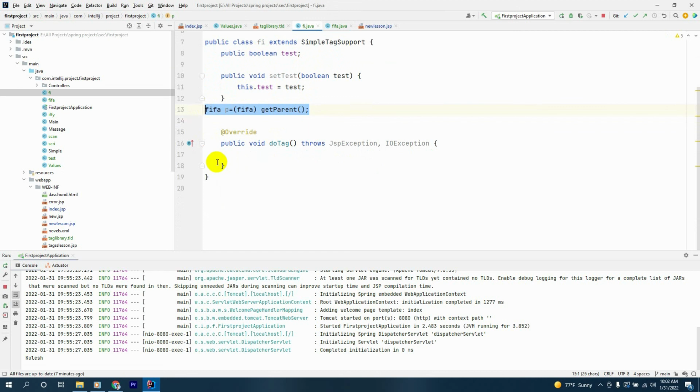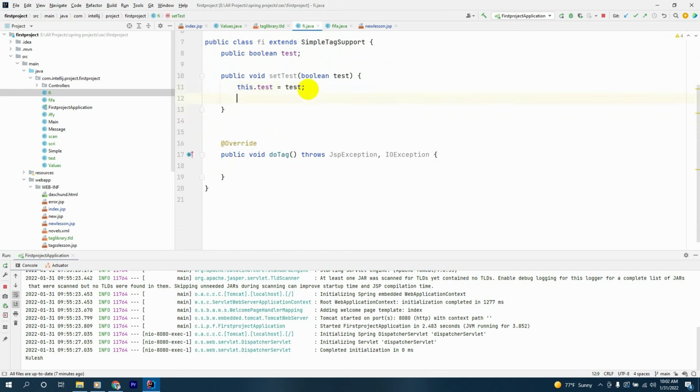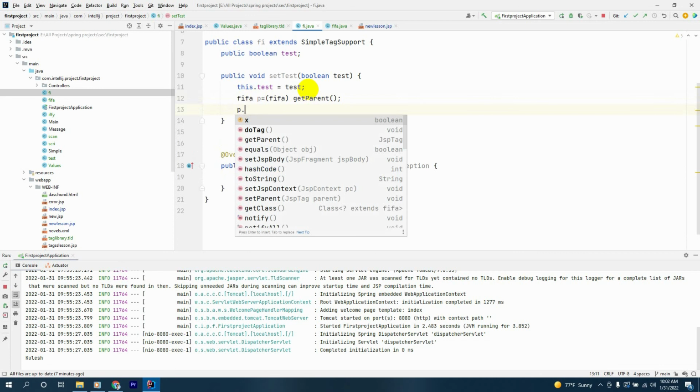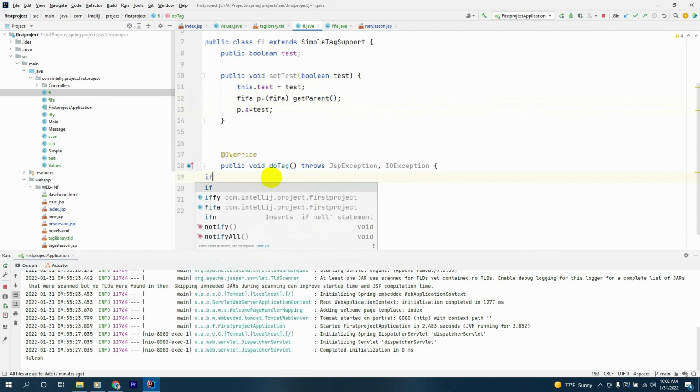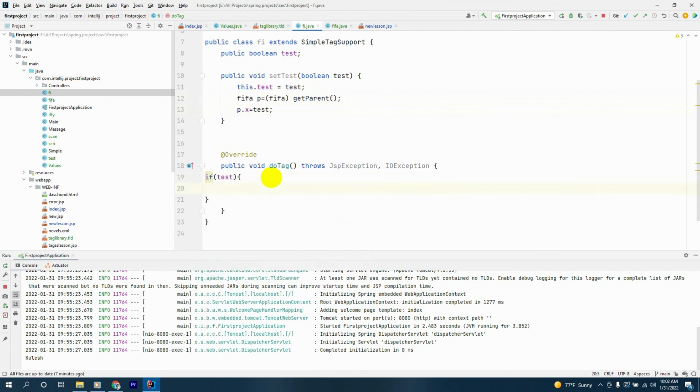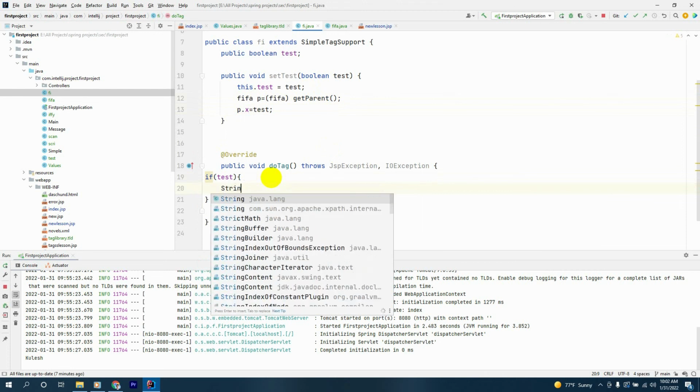We cut this from here and paste it here, and the next thing we say p.x equals test like this. In the doTag we have an if for test, and inside it we say StringWriter